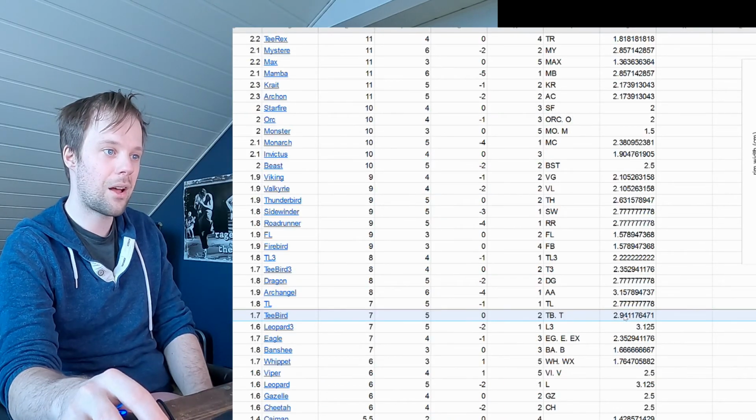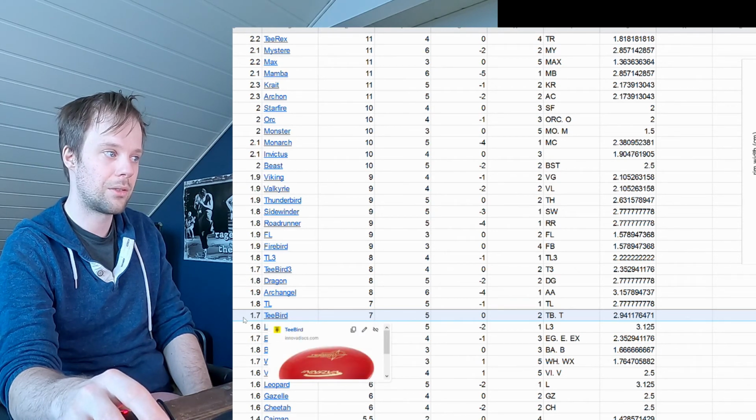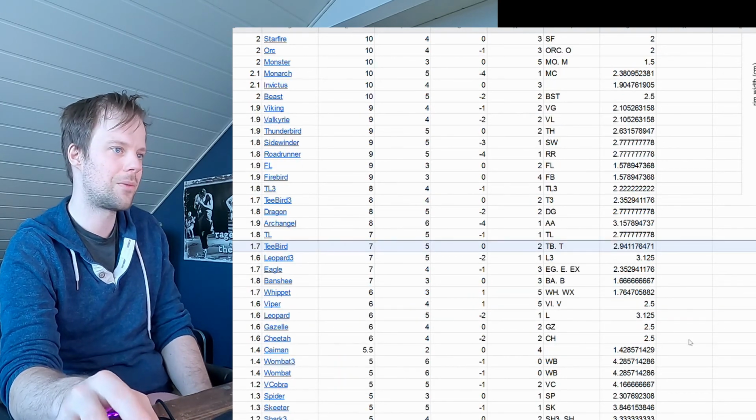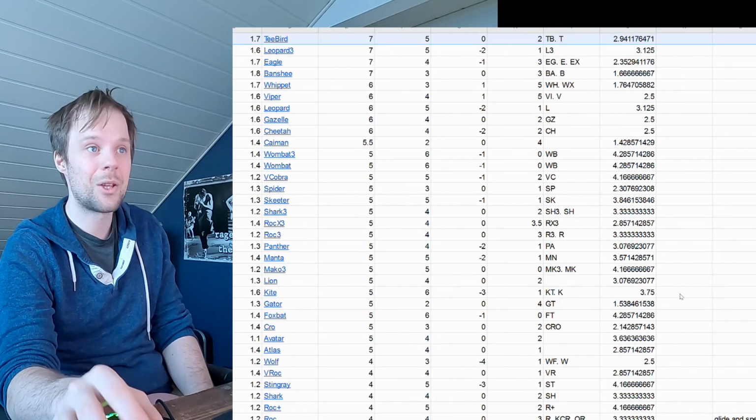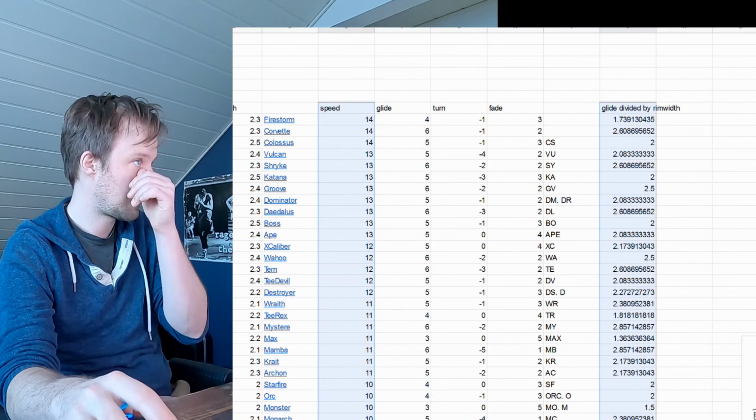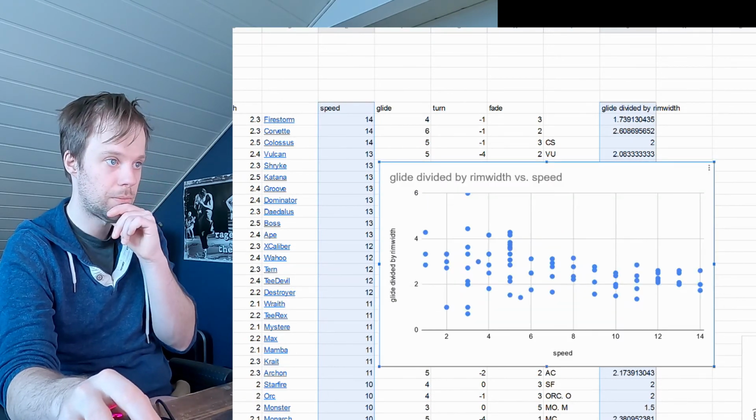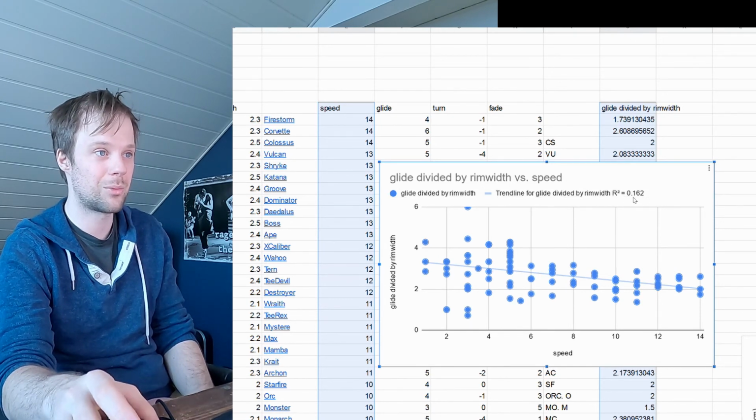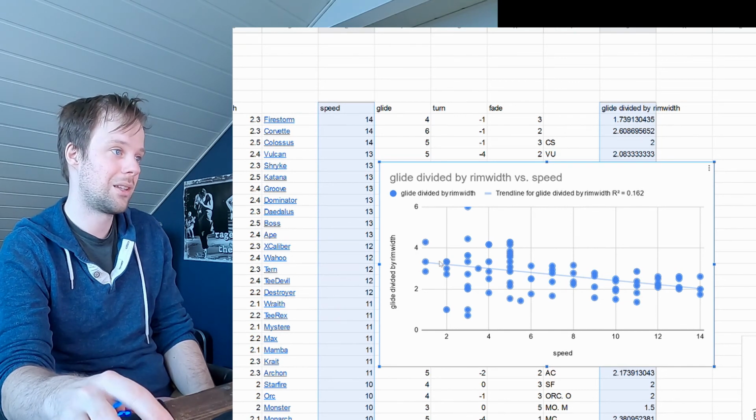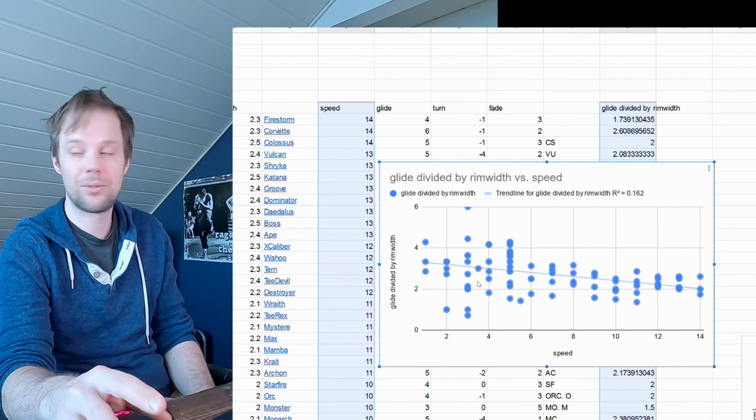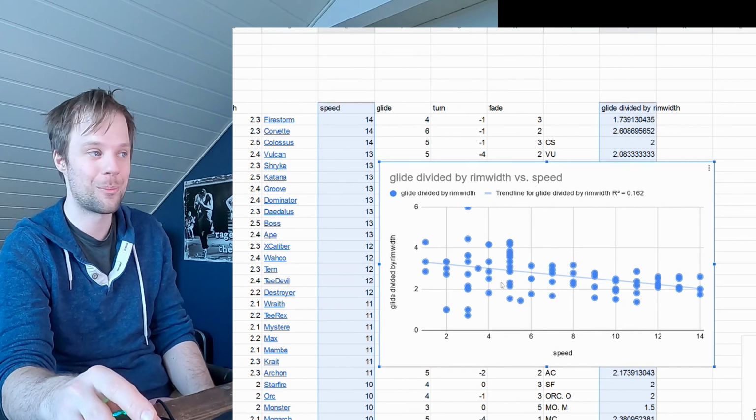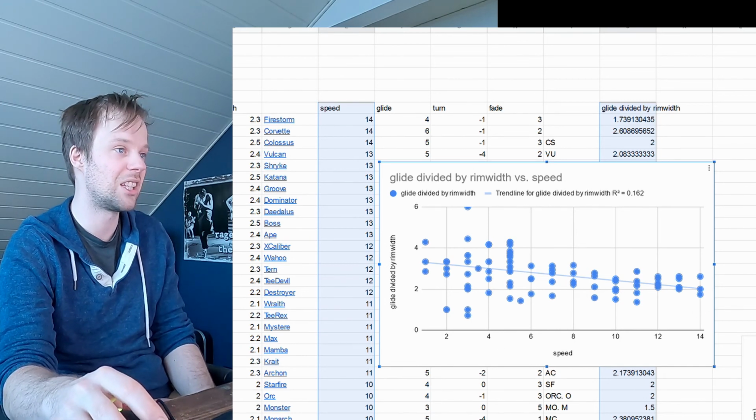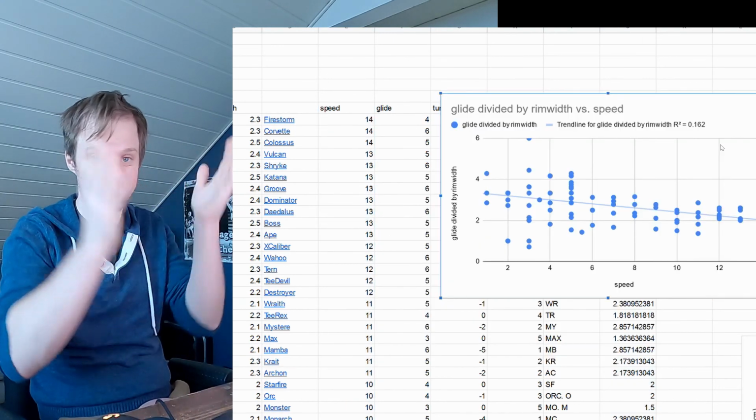So the T-Bird has quite a high glide compared to the rim width, but then kind of average speed. So I don't know if there's anything to it, but at least this is what I tried to do. And yeah, we have a small correlation, but it's really, really small, 0.162. It seems that slower discs tend to have more glide compared to rim width than faster discs. Yeah, I didn't really find anything interesting there. I tried to do it, but